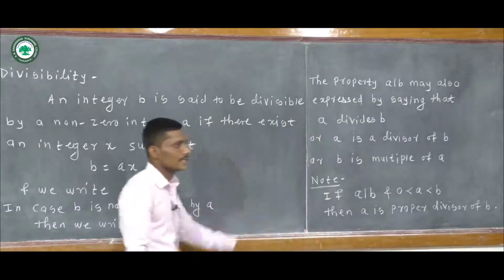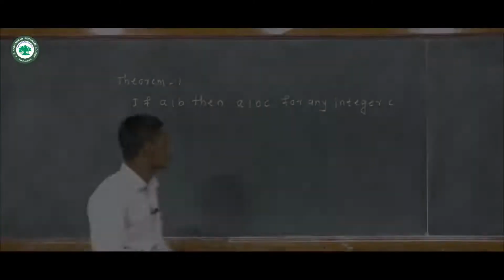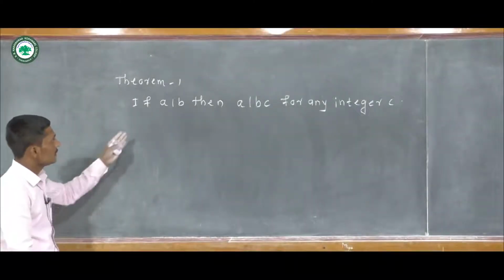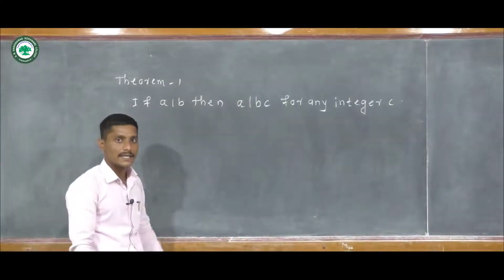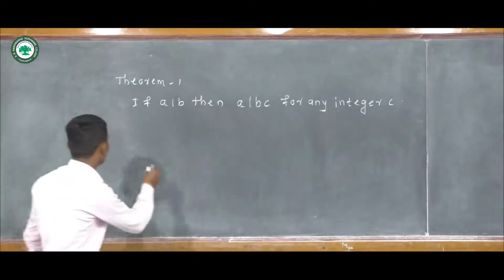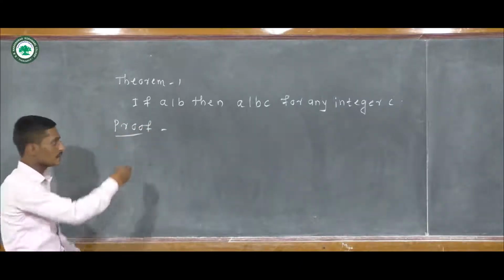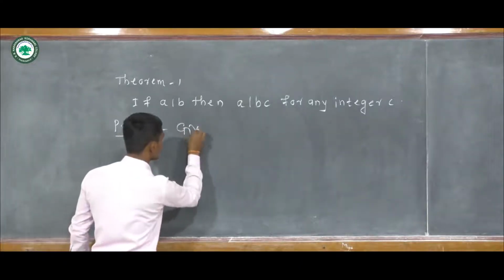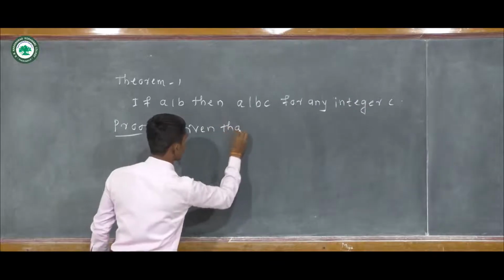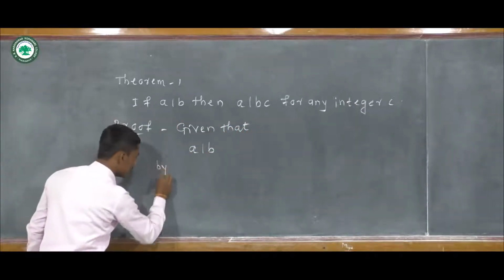Now here we see some theorems on divisibility. Theorem first: if a divides b, then a divides bc for any integer c. Now see the proof. Here given that a divides b. Now by definition